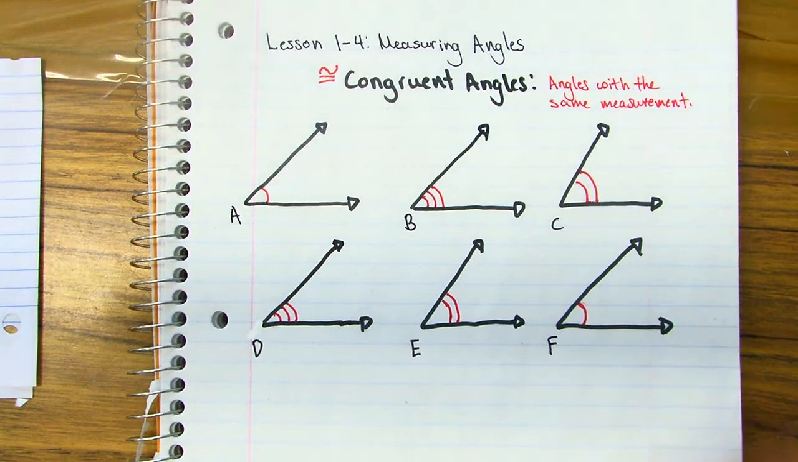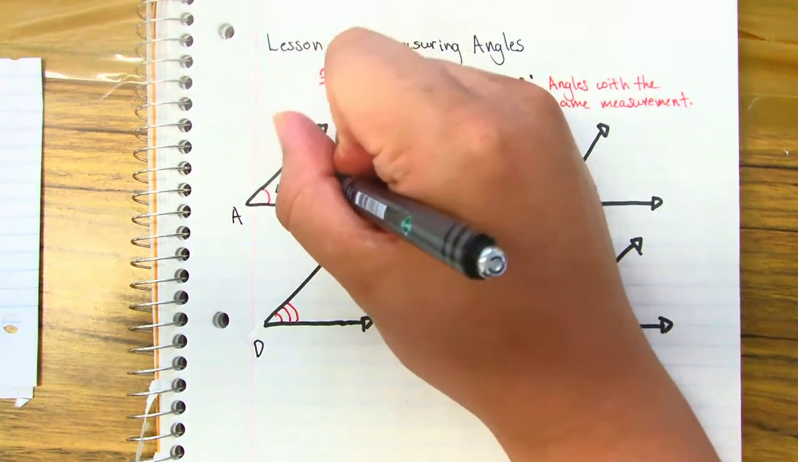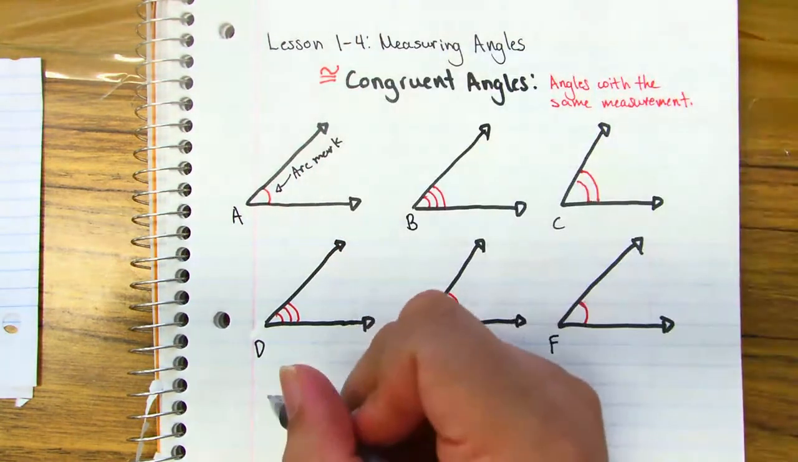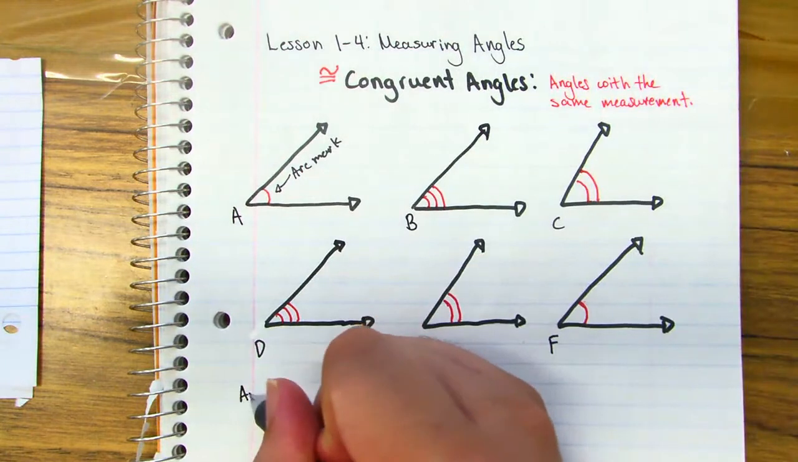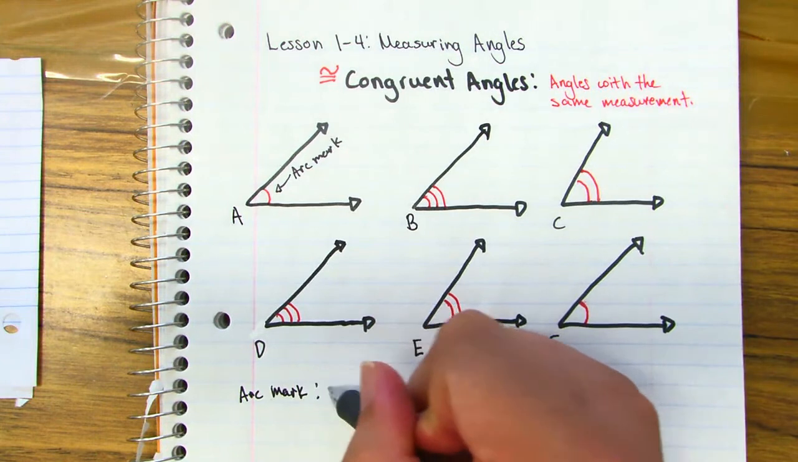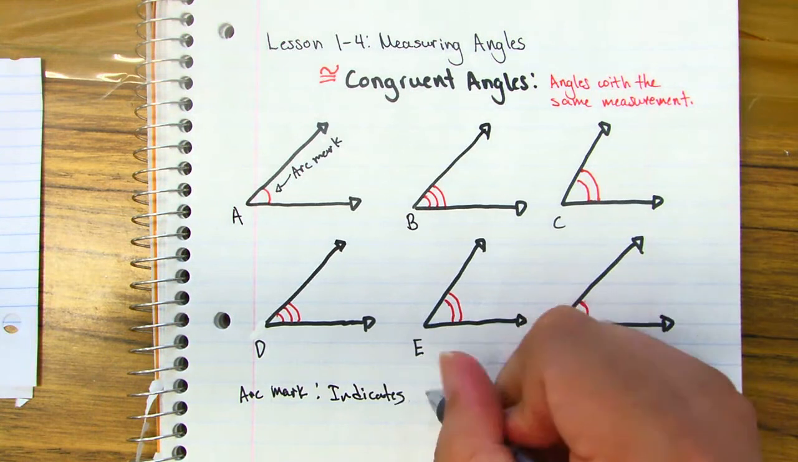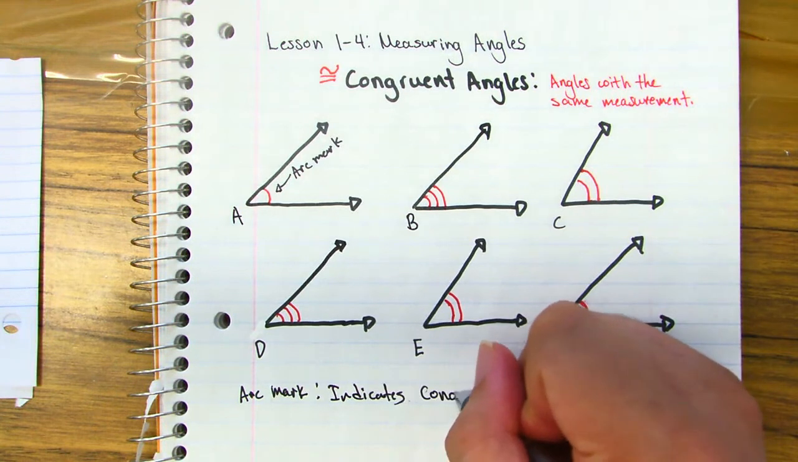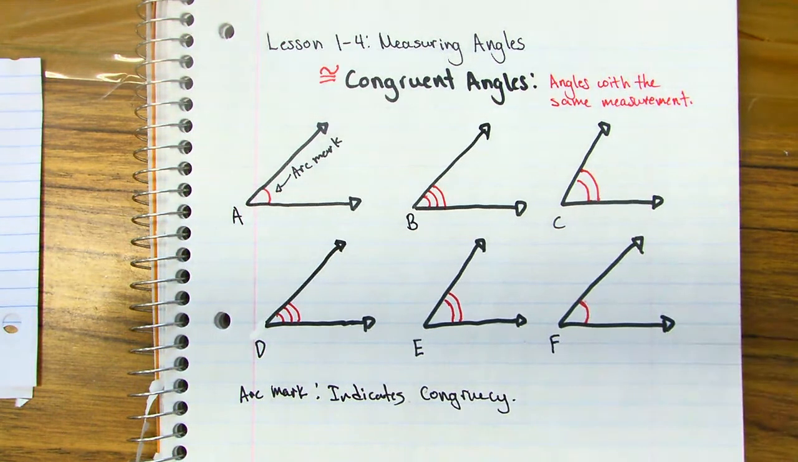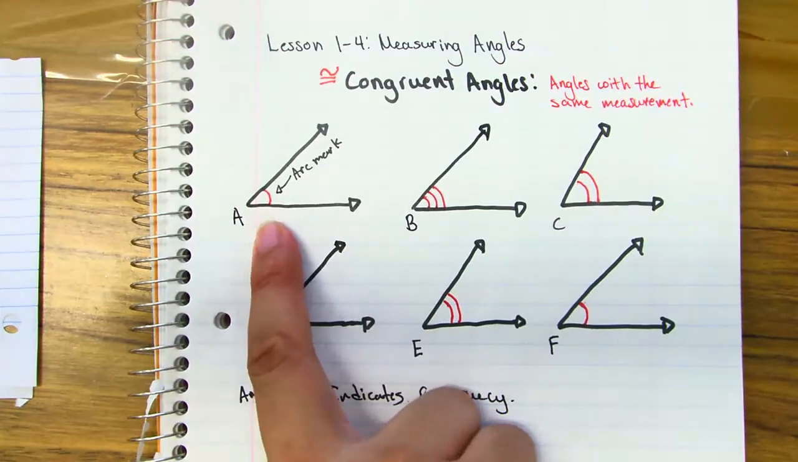Oh, there. So similar to a tick mark, but now this is called an arc mark. What does an arc mark do? An arc mark indicates congruency. So it indicates congruency. But you have to be careful because the amount of arc marks will determine which angles